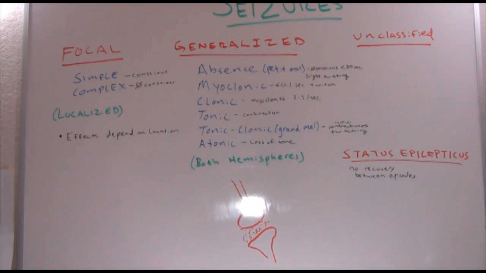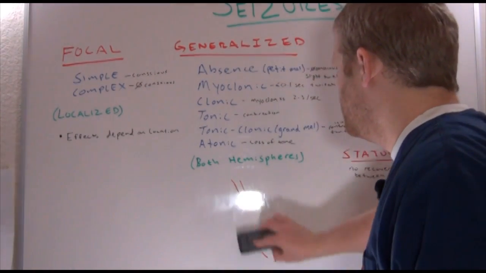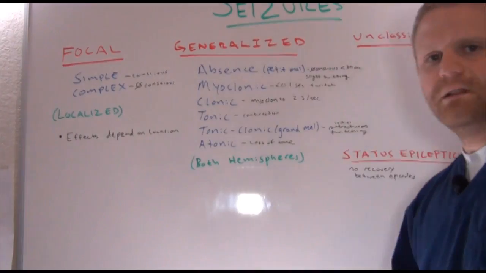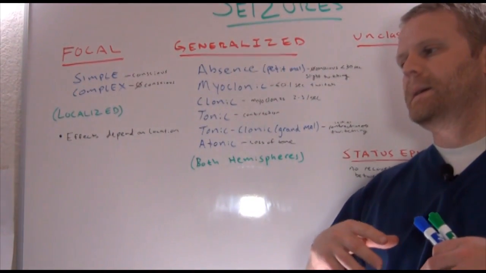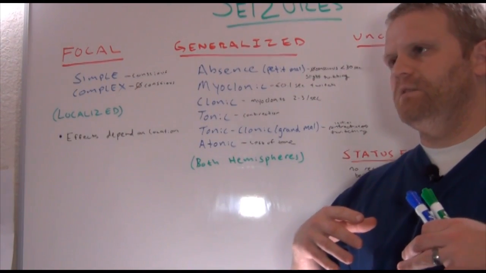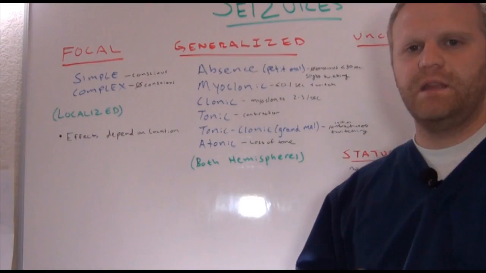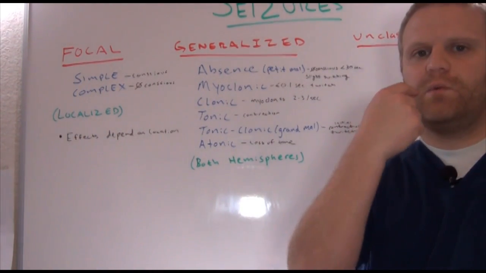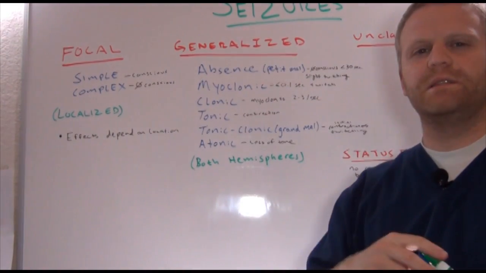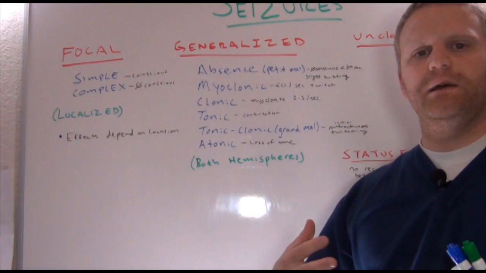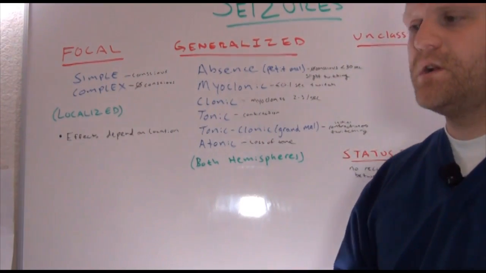Okay, so what are some things we're going to do for our patients? Well, the thing you need to keep in mind with seizures, and that you're definitely going to be tested on, is that the first thing we're going to do is protect the patient. We're going to keep the patient safe, but we're never going to stick anything in the mouth. There used to be this practice of putting bite blocks in when they were having seizures. That's now frowned upon, so you're not going to want to do that.